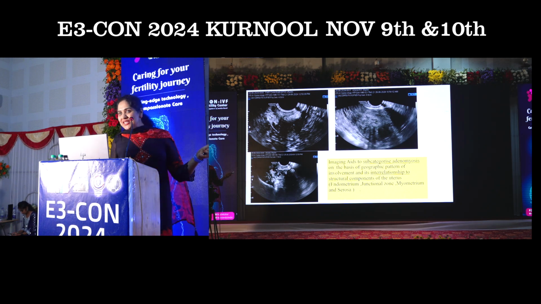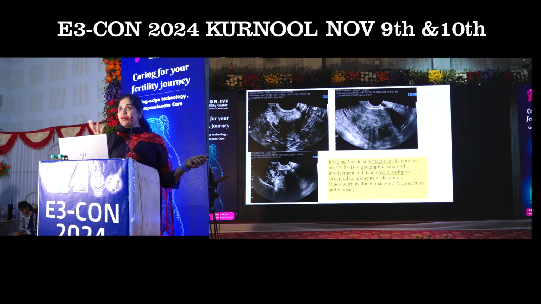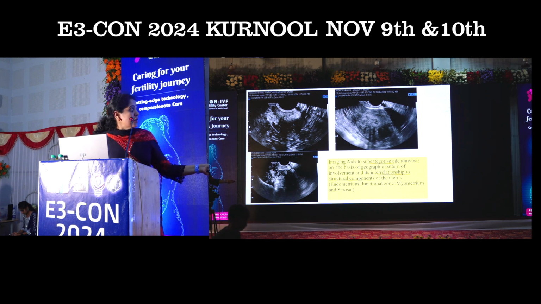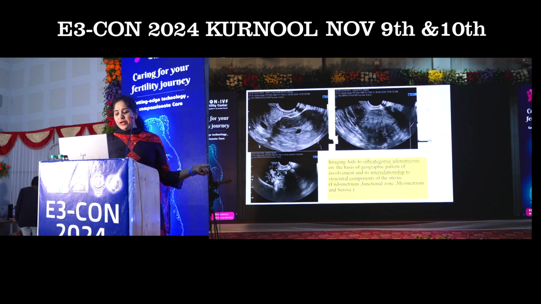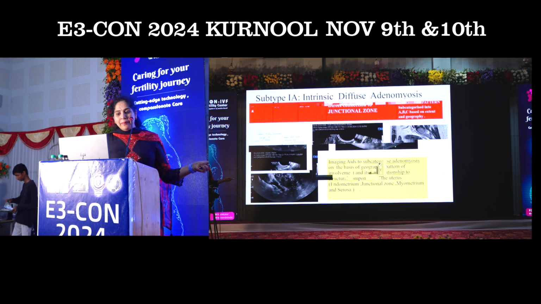So what does imaging give you? Imaging aids to subcategorize the morphology of the adenomyosis based on the geographic pattern of involvement and its relationship to structural components of the uterus, that is the endometrium, junctional zone, myometrium and serosa. Why is it important? Because from a clinical point of view, if you look into the subtype A or intrinsic